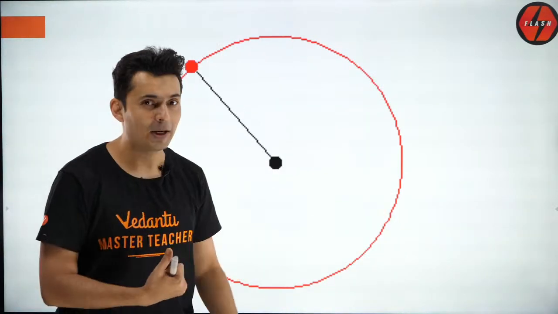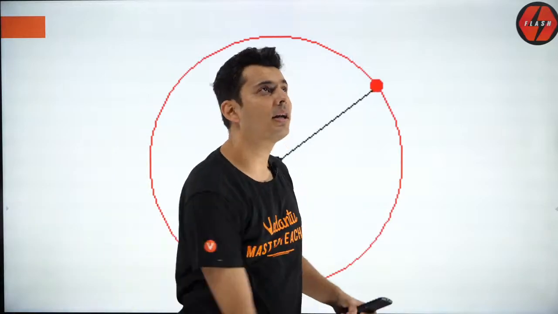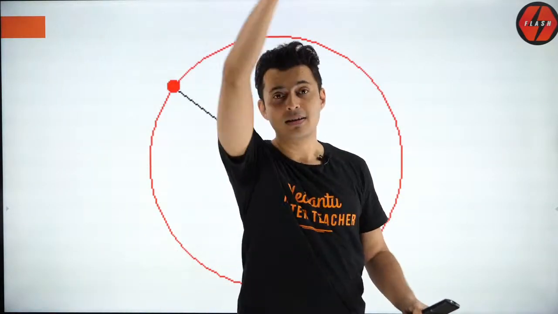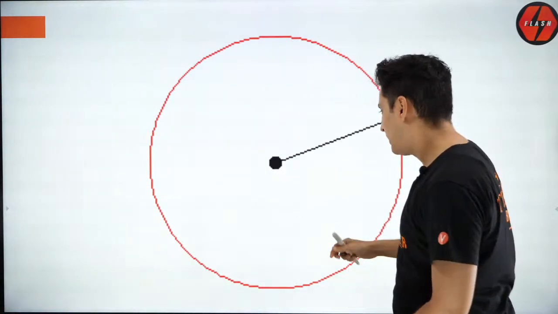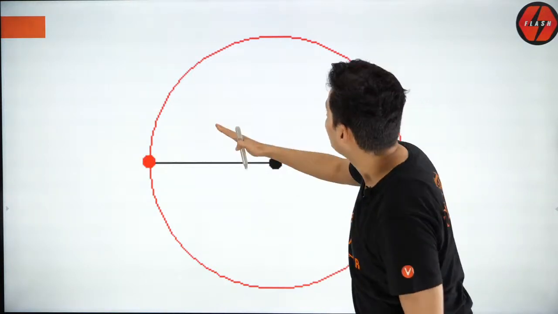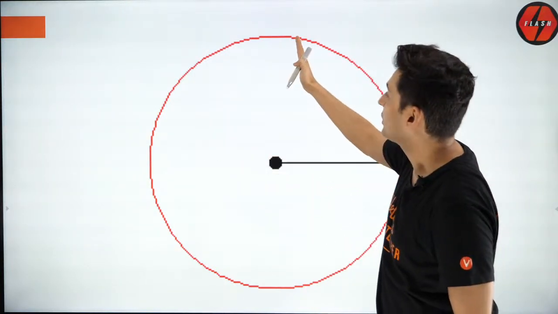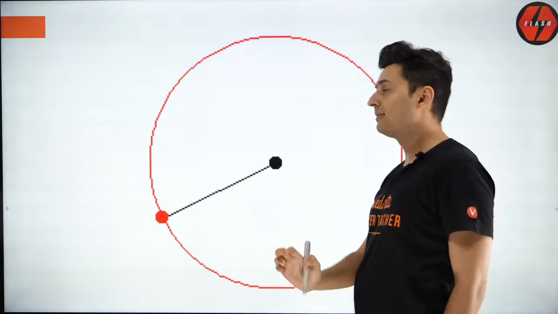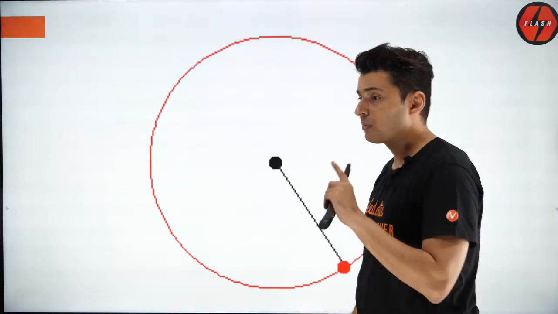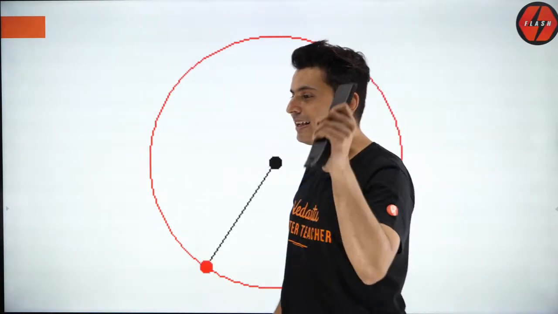Now the next part of the problem is, what if you want it to go around the entire circle like this? If you do not give it enough speed, it probably will just fall short of the topmost point and it will come back. Okay, so you have to give it very